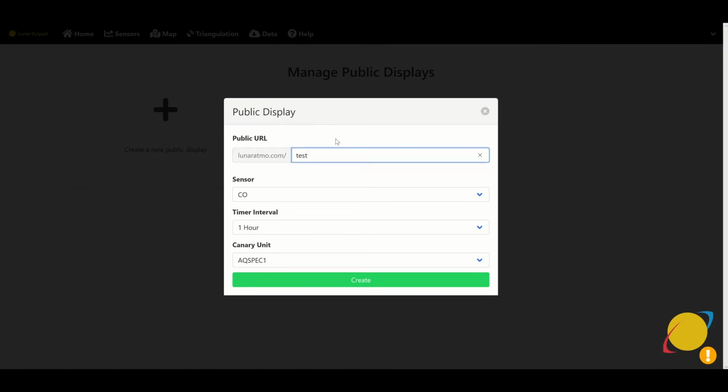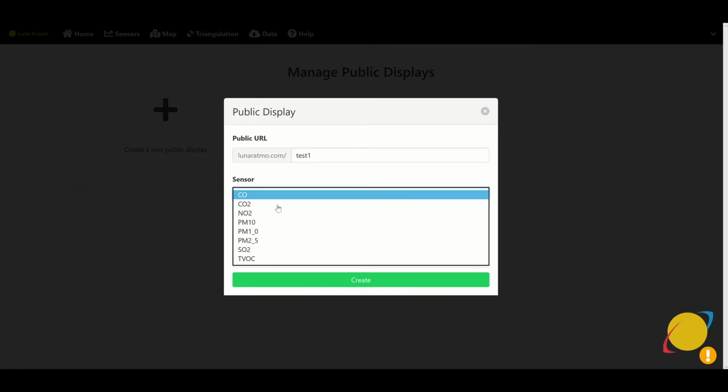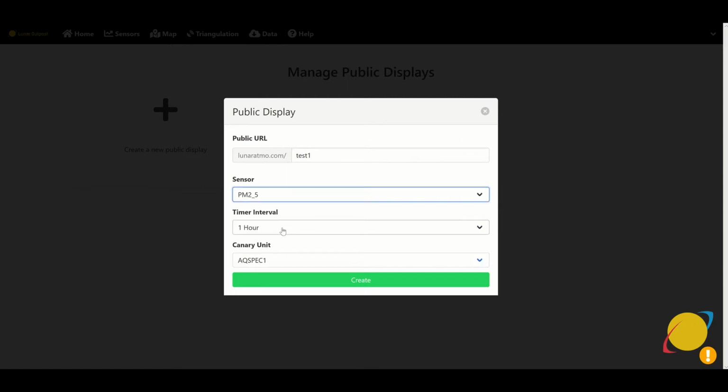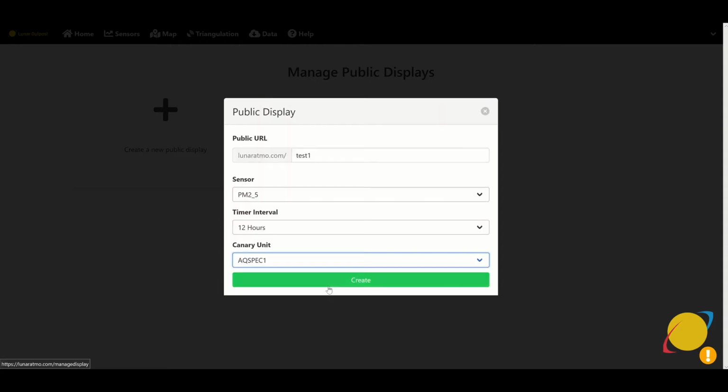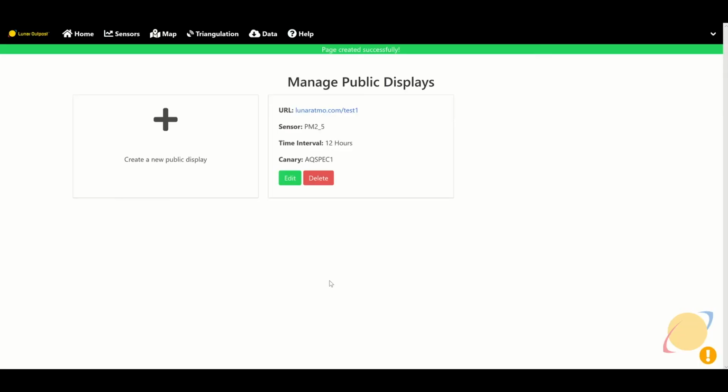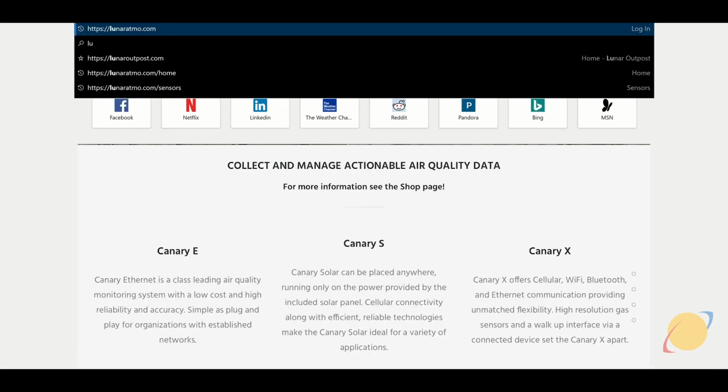So here we're just going to make a test 1. We're going to change the pollutant to PM 2.5, change the graph interval to 12 hours, and AQ spec 1 is fine as a Canary unit, but we can select from a drop down there. So I go ahead and click create, and then it'll tell me my page is created successfully. So let's go ahead and navigate to Lunar Atmo test 1 just to see